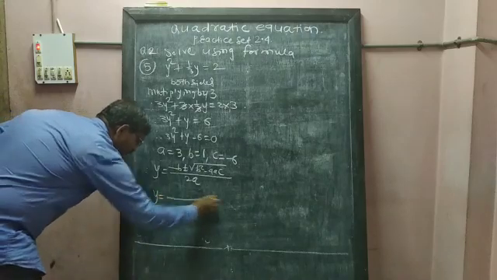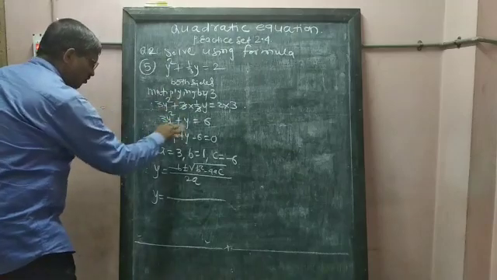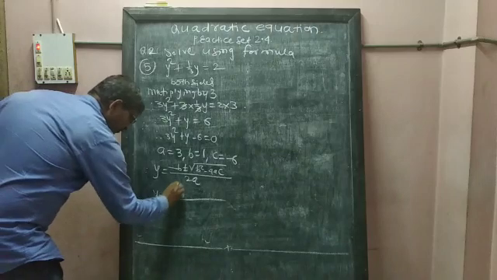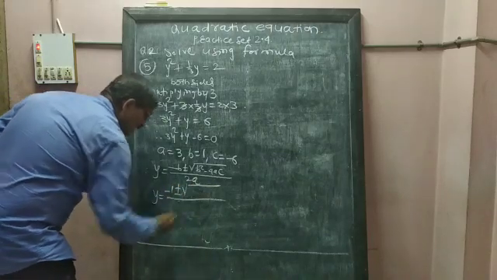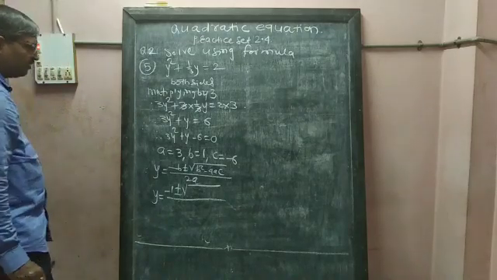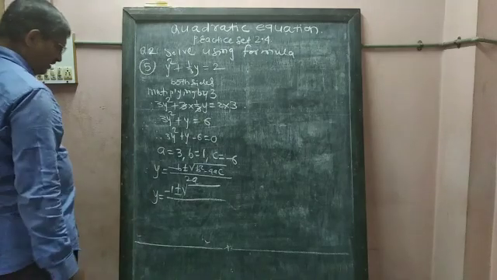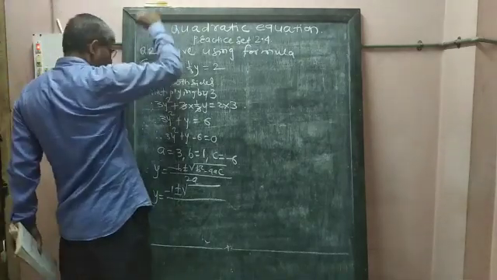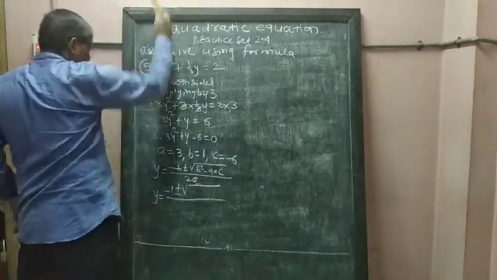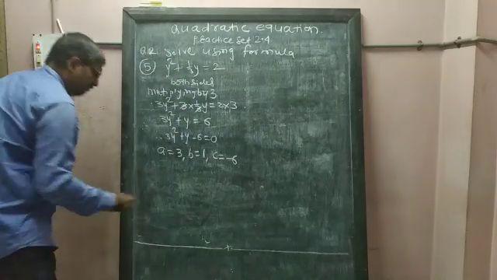Therefore, y is equal to minus b means what? Minus b, value of b is 1. So minus 1 plus minus under root b square minus 4ac. Have we calculated it or not? No, we have not calculated, and we are going ahead. So we should first find the value of b square minus 4ac. To make it easy, we will first calculate the value of b square minus 4ac.